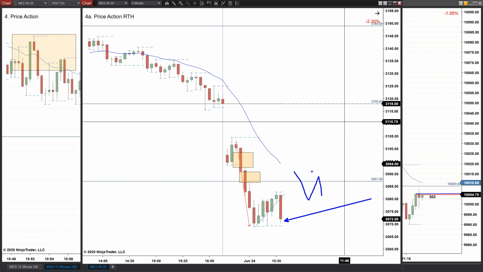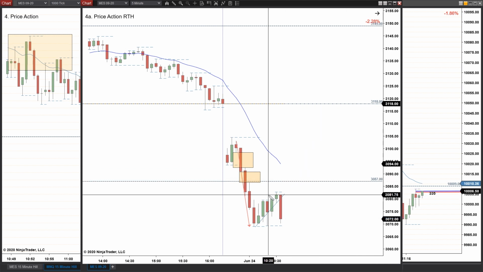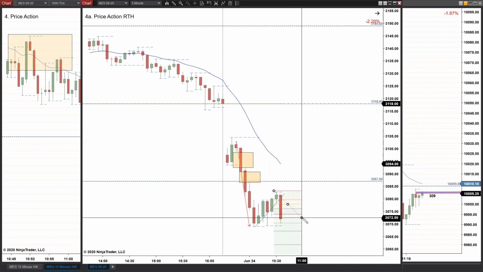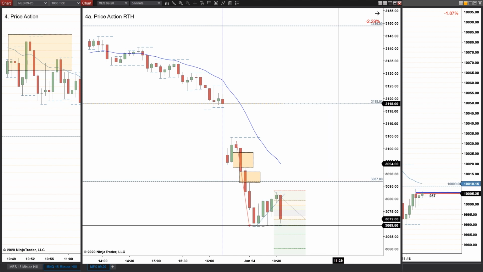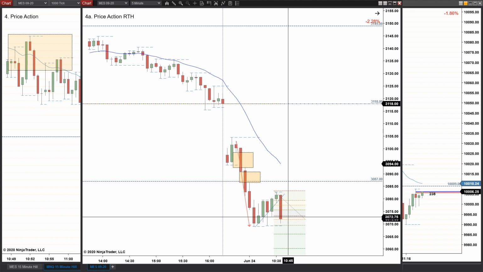Breakout pullback. Try to get a better price. So although the entry signal is down here at 72, that's forcing you to sell like a point or two away from the low. You don't have room for anything to work, right? If I'm putting my stop above the highs and I'm jumping in there, I barely have enough room for a micro scalp distance, let alone anything else. So it makes it very difficult.